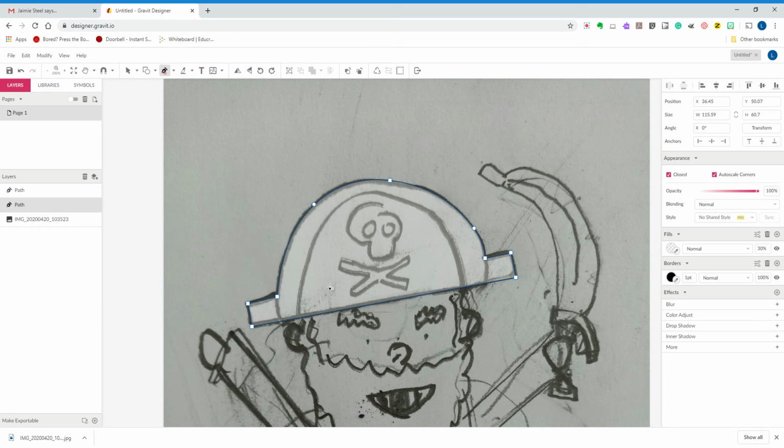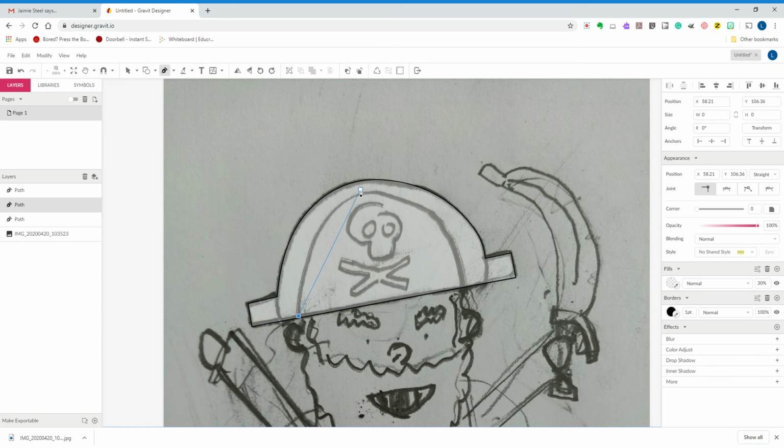So I'm going to get this path here, and we're going to draw this shape here. So we click here, and we're going to go up to the point, go there, and we are going to